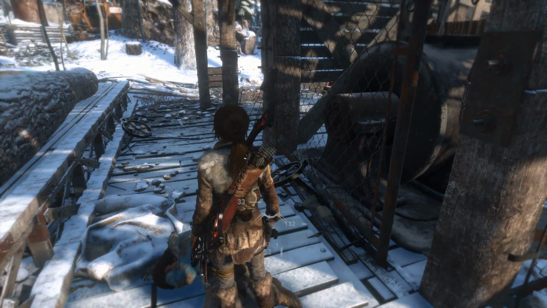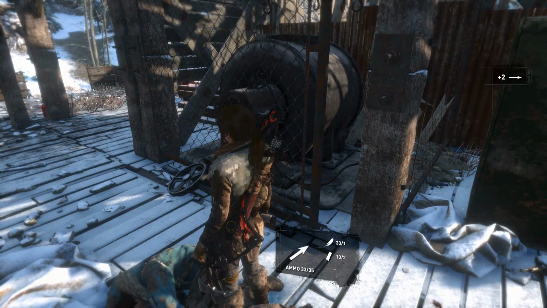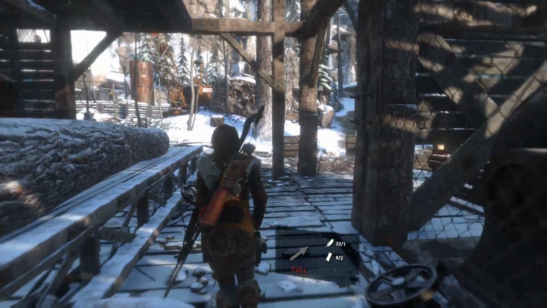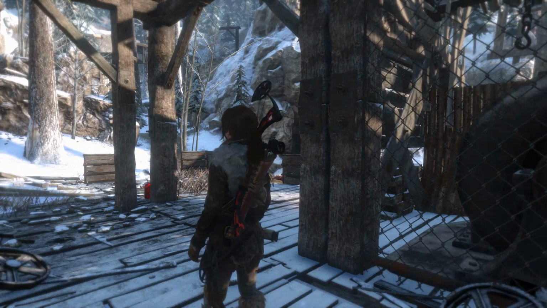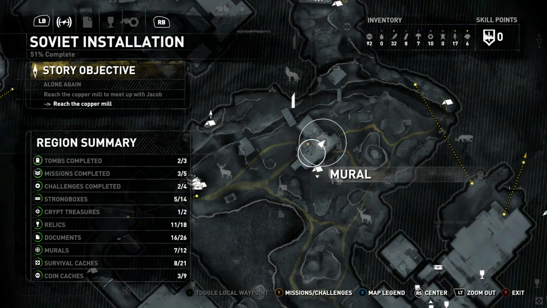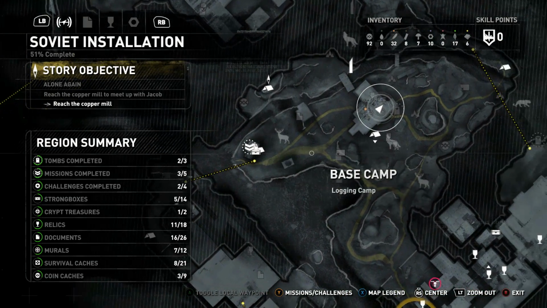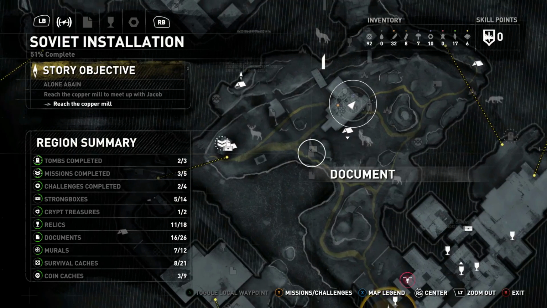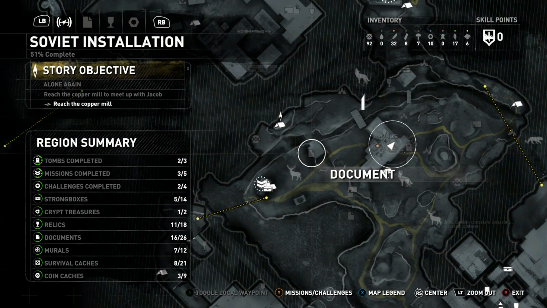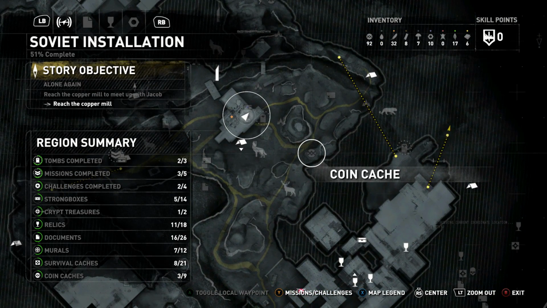Let's just go ahead and heal. So much for trying to do it all stealthy. But no real reason why that happened. Let's see, this strong box I think I need to go check out. In this house I think I need to go check out. But then I think